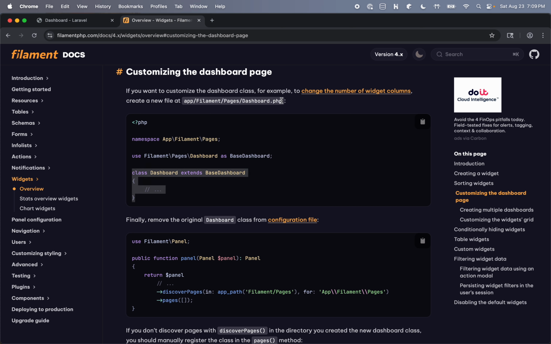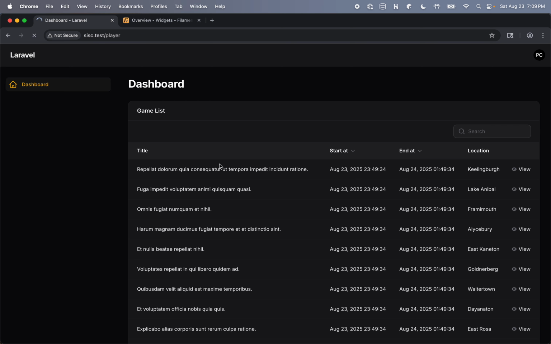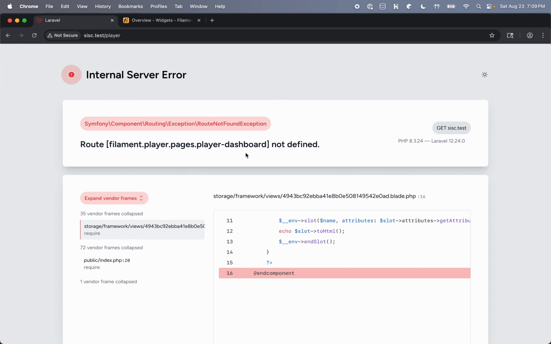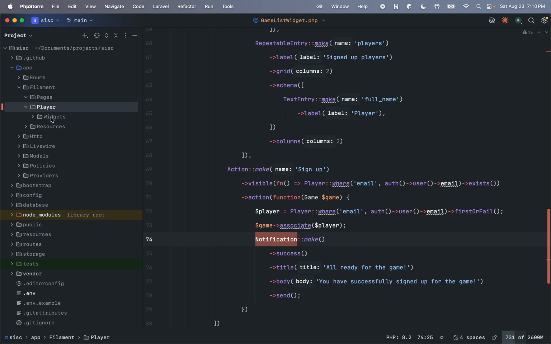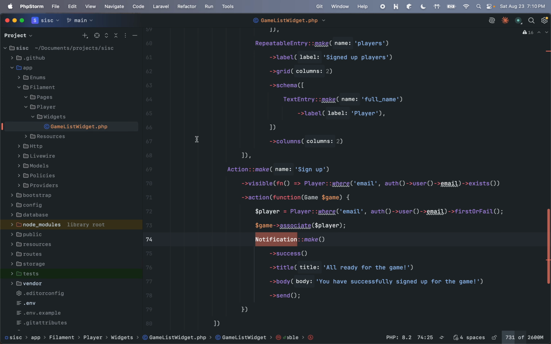And let's try and see what happens. Shouldn't change. Okay, it does say route filament player pages player dashboard just not defined. Actually, we don't even need to override. What was I thinking? So let's just delete this, come back here,